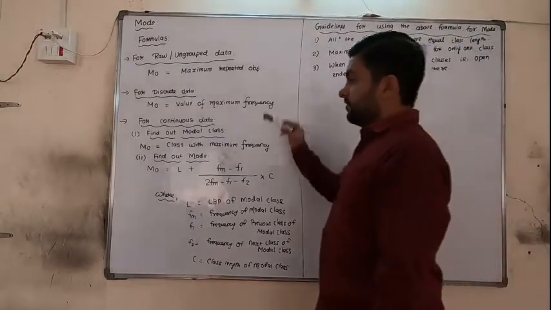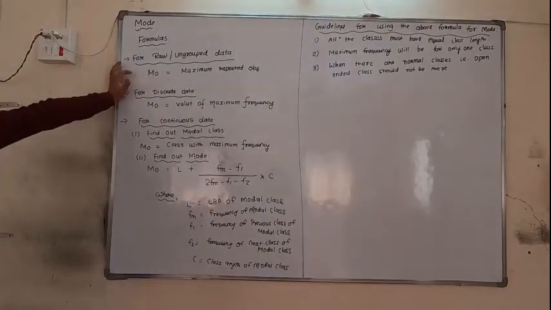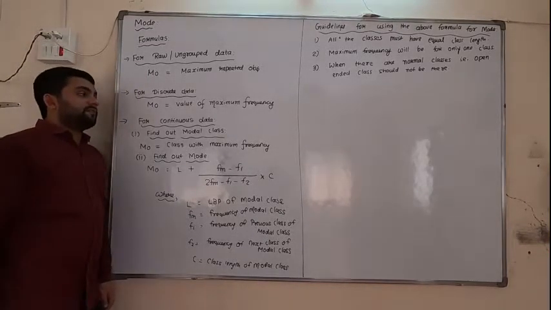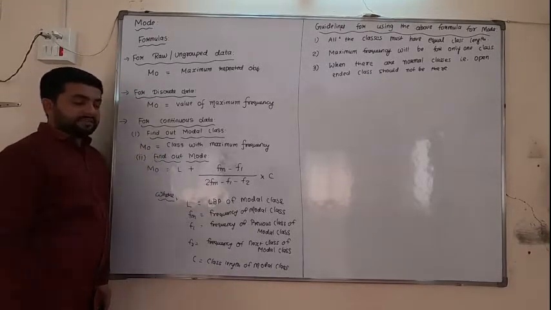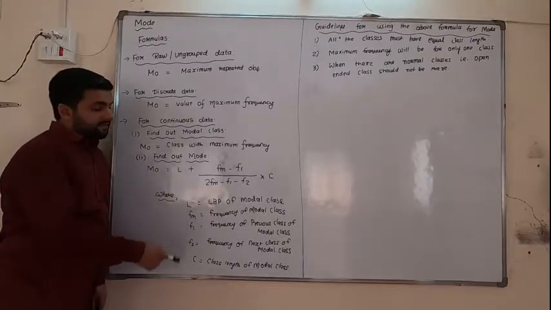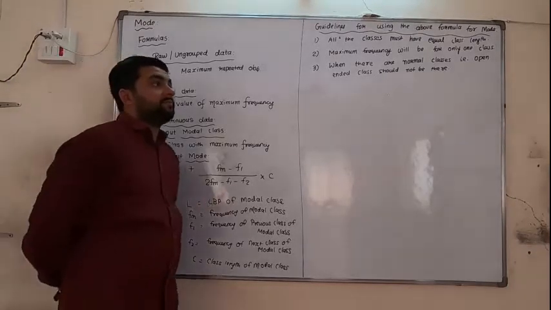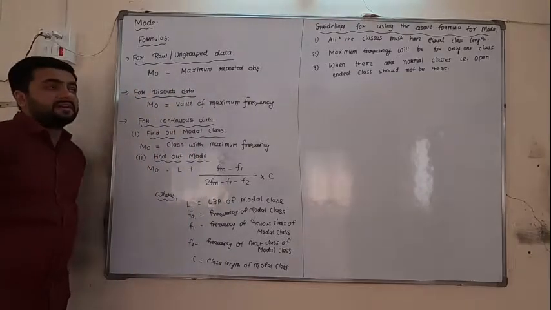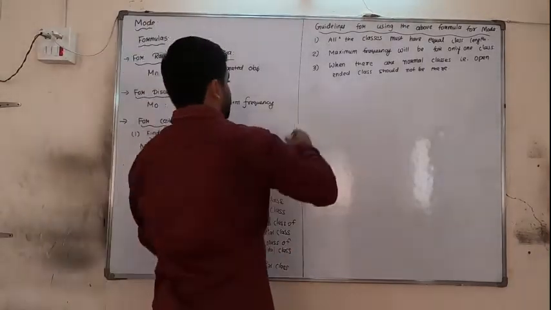Okay, so first of all, again we are seeing what we have written. For raw or ungrouped data, the mode is the maximum repeated observation. For discrete data we find the value of maximum frequency, and for continuous data first we decide the class with maximum frequency, then we use the formula. We have to remember the guidelines: whether the class lengths are equal, whether the maximum frequency is for only one class, and that open-ended classes should not be there. Now next,